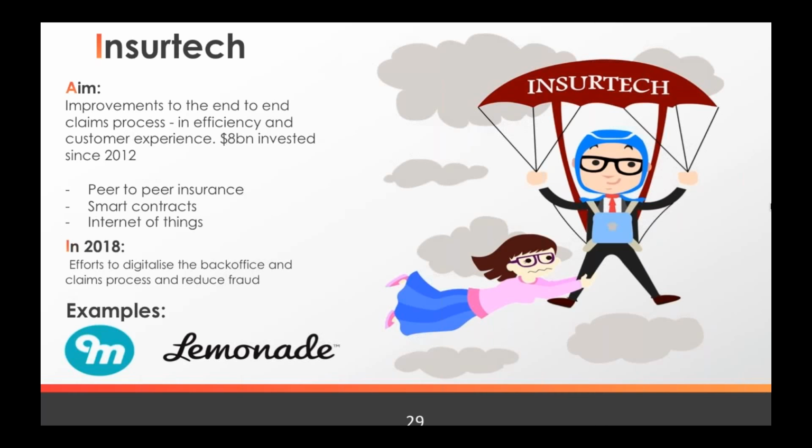In 2018, what we can expect is efforts to be focused on the back office. So we're looking at reductions in headcount in the back office, and increases in efficiency, meaning a decrease in the amount of time it takes from the moment that you make a claim to the moment where you get paid. Lemonade set a record in 2017 of having the fastest claim completion in the world, and it took less than a minute. I can't remember how many seconds it was, but it was very, very quick. And that should be the standard.